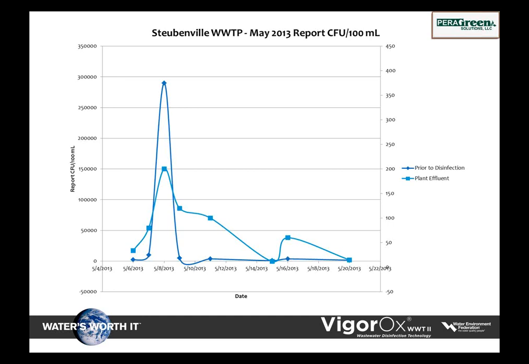They kept testing. They did a lot of tests to see what the residuals were. Actually, the residuals dropped down to 0.1. It was consumed completely. But what happened is we never changed dosage, never went out of compliance. And as soon as the level started dropping back down, our discharge counts dropped down to 100, 120, 110, back down to the normal double-digit levels. So again, you talk about forgiveness. It doesn't take much PAA, the active, to kill pathogens. Now the key is it takes a lot more to overcome reducing agents, solids, and other things that impact the performance of the product. Next slide, please.